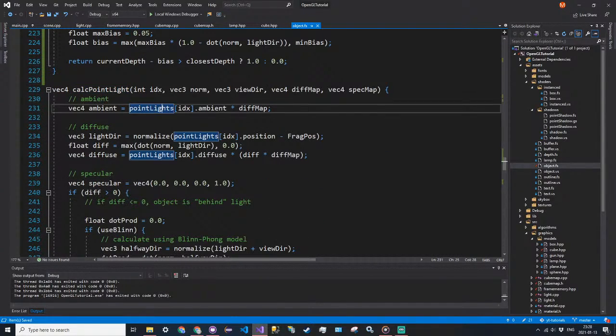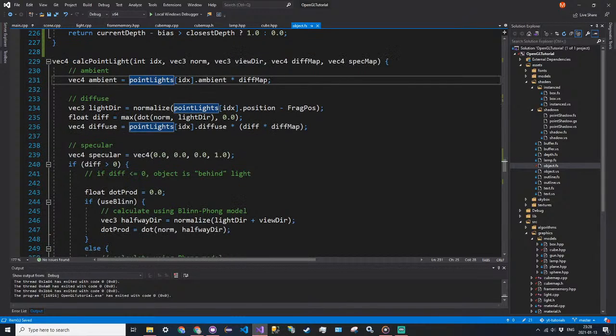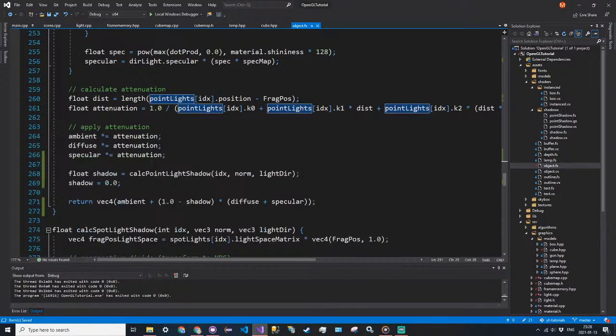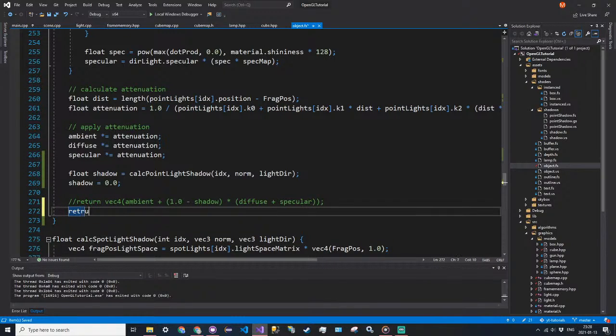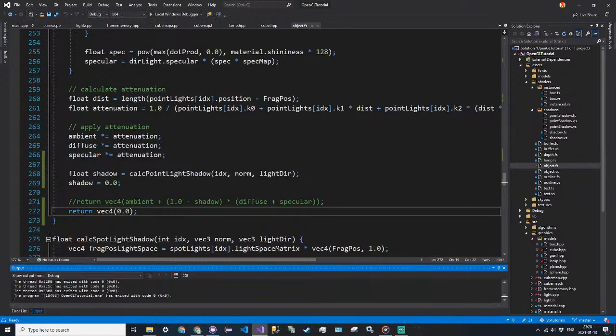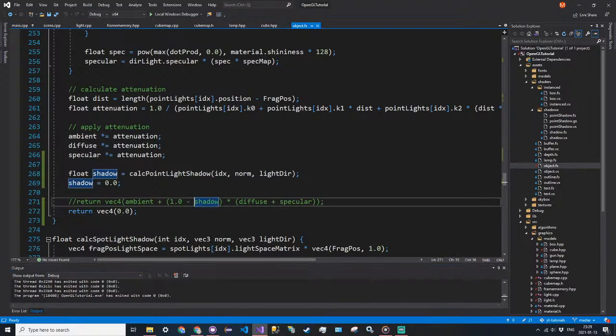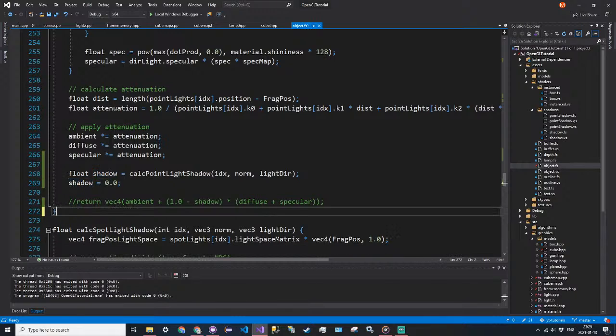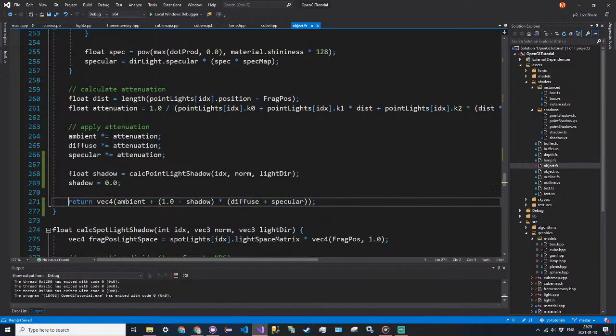Alright, got the ambient, point lights at IDX. I don't know why I'm going through this, because this all works. Specular, 0001. But then this has to be that some values aren't being... Return vec4 0.0. Okay. So for some reason we're getting a negative value for the fourth component, which doesn't make any sense because I tried to remove it, but